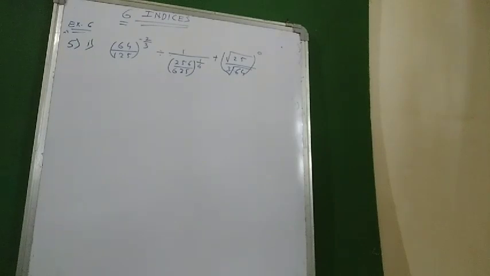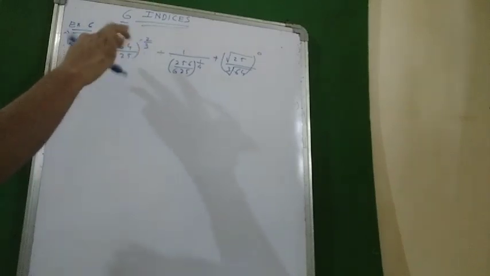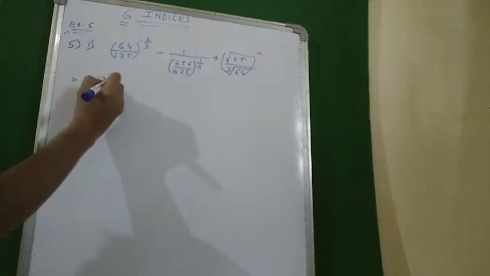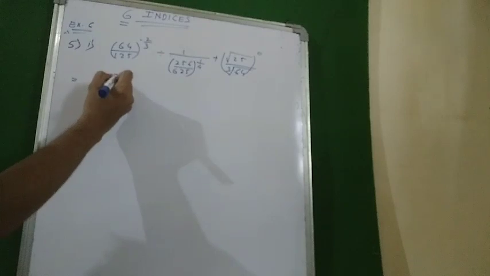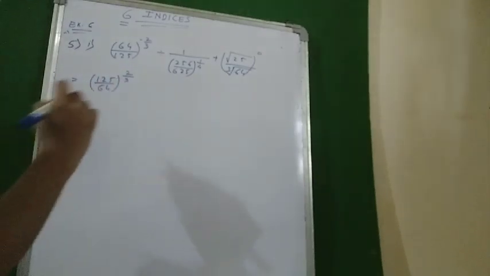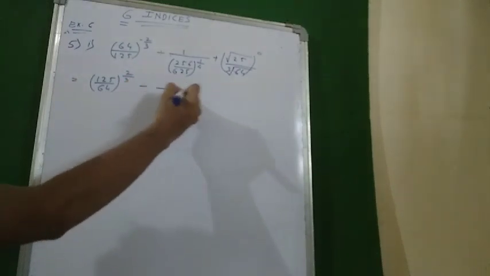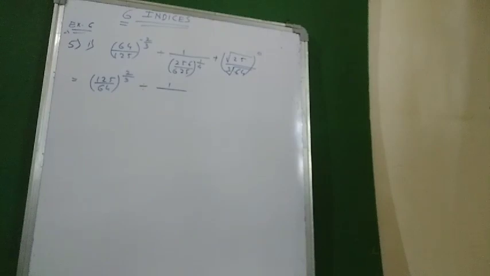Okay, now we'll start with the first part of the fifth question. Okay, now certain steps I will directly solve, without showing the basic steps of it. So I have minus n over here. I will just reciprocal it to make it plus, 125 upon 64 raised to 2 upon 3. Here 3 means cube root, pay attention. Divided by 1 upon 256 upon 125.